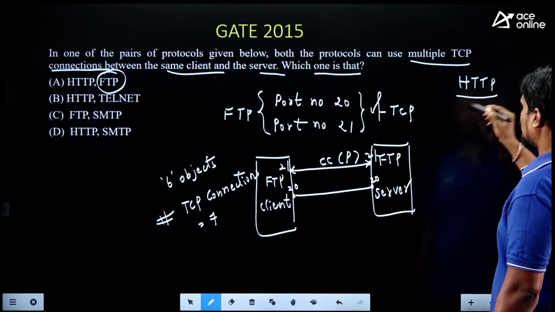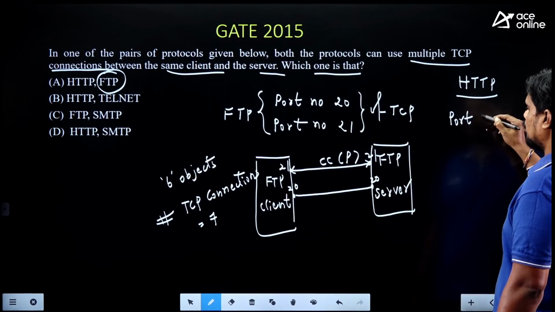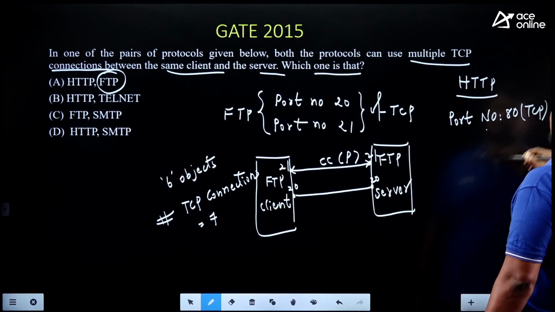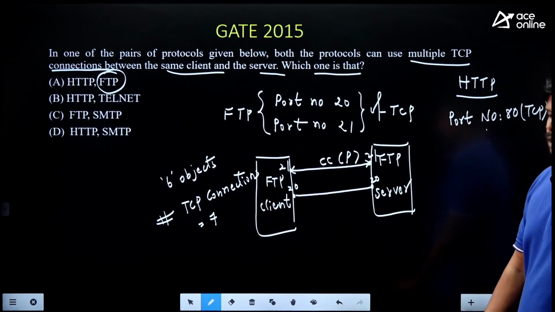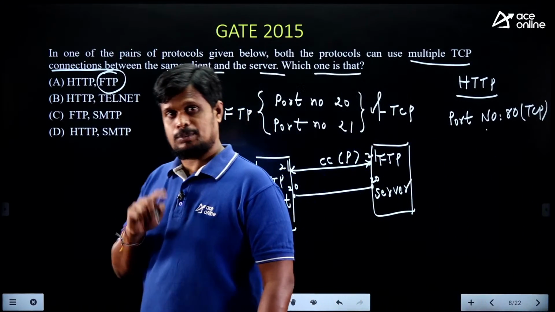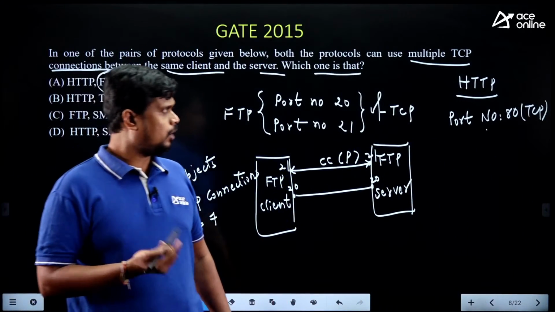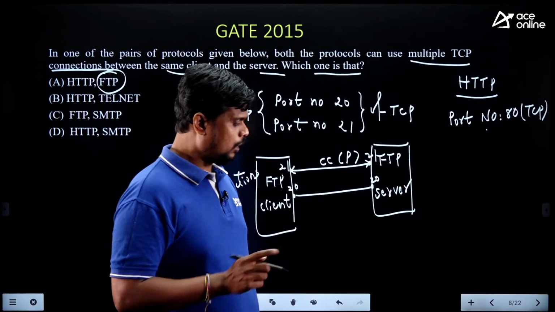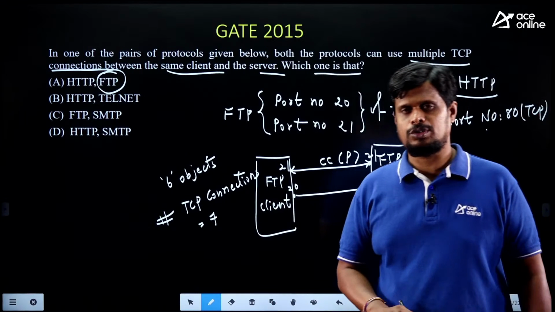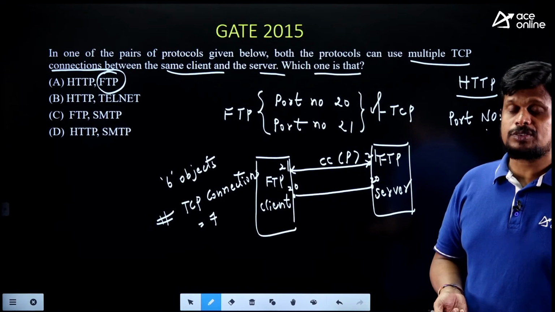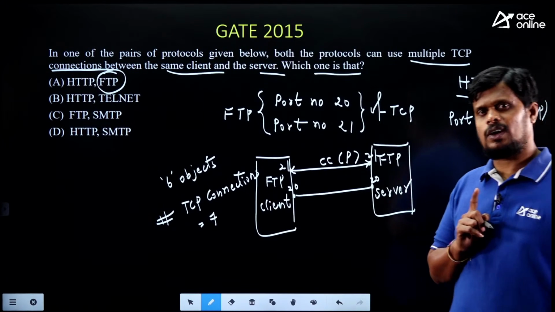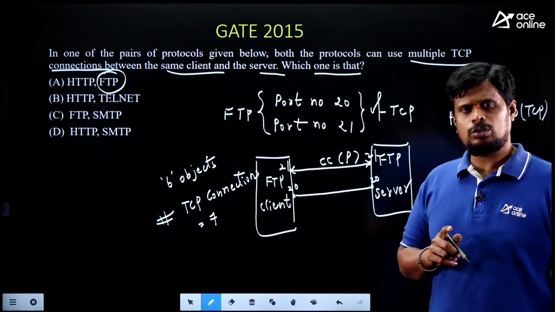using port number 80 of TCP, port number 80 of TCP only. This is also TCP port number 80, right? So this HTTP also using persistent connections as well as non-persistent connections according to HTTP versions. So one version of HTTP is using persistent connection and another version of HTTP is using non-persistent connection. So it means that HTTP also can use non-persistent, means for accessing of every URL address, you can open new